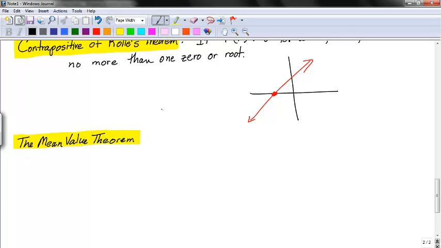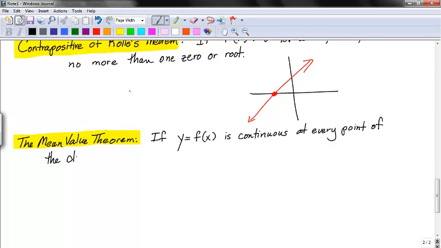Okay, I'm going to go through this and then I'm going to show you what it means picture-wise. If y equals f of x is continuous at every point of the closed interval, if y equals f of x is continuous, that means you can draw it without lifting your pencil, at every point of the closed interval AB,